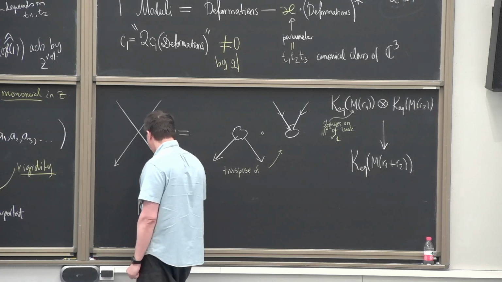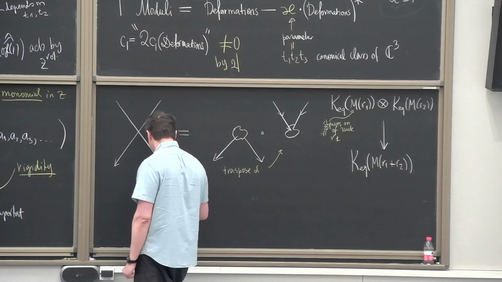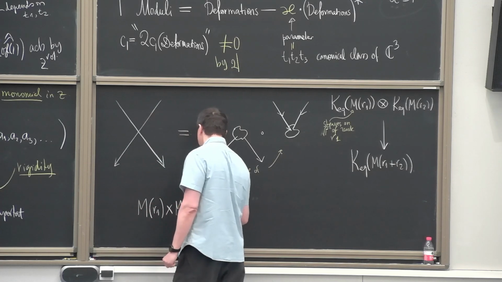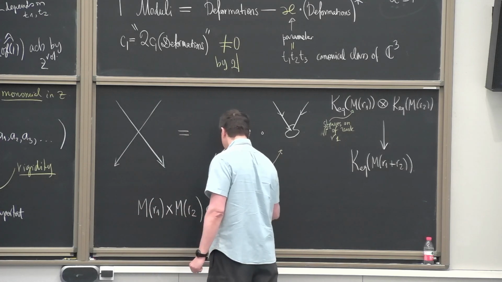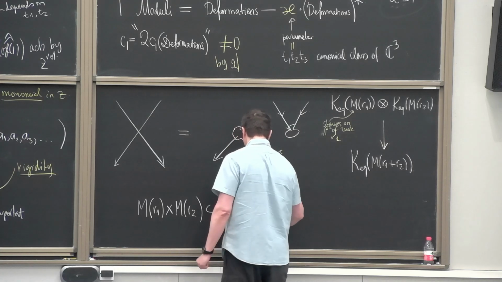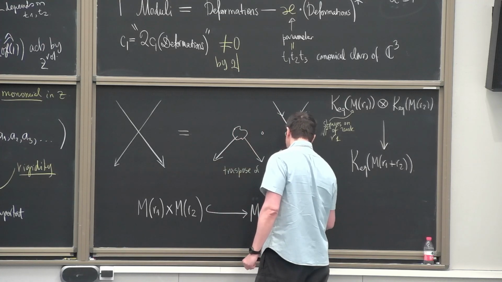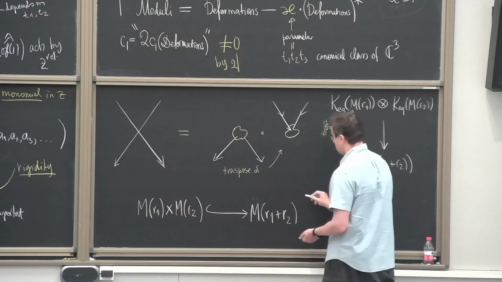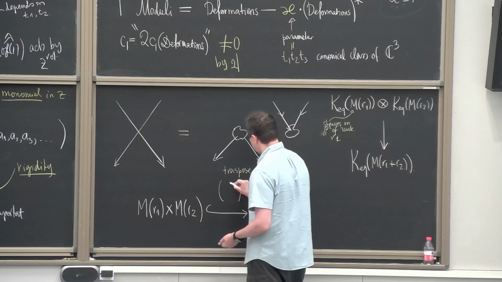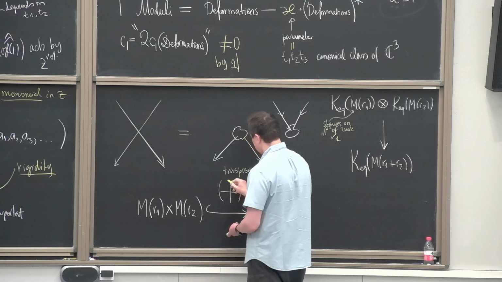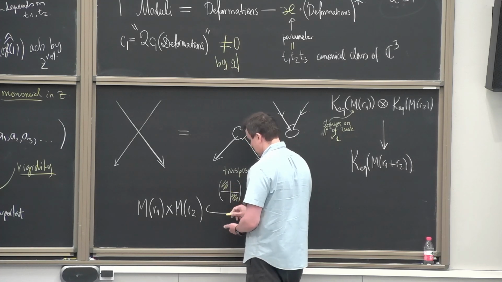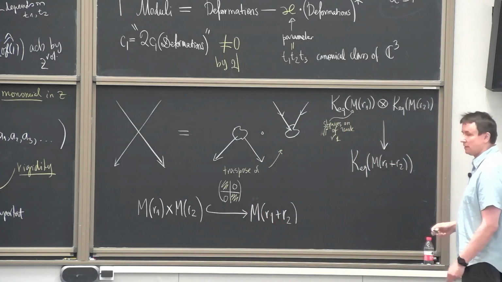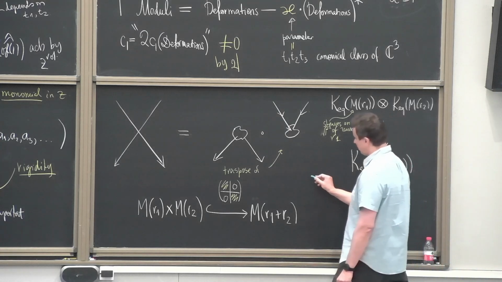There is a product of MR1 cross MR2 that really does embed into MR1 plus R2 as the locus of direct sums. And what does it mean, direct sums? It means you take two bundles and form their direct sum. What does it mean, this direct sum? This means these are things that are fixed